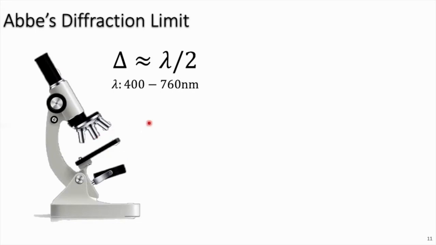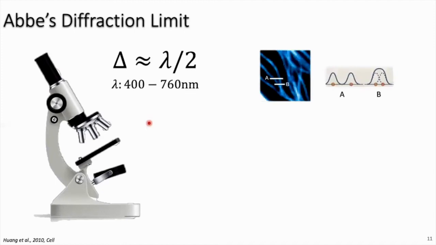So to give you an intuitive understanding, let's look into this micro superstructure observed from the microscope. We use the A line to point to two points on the structure, which are the intersections of the A line against the structure. Because their distance is large enough, we can clearly tell there are two points. On the other hand, we also use another line, the B line, to point to another two points on the structure, which are the intersections as well. Because their distance is so small, we can't tell whether there are two points or just one point.